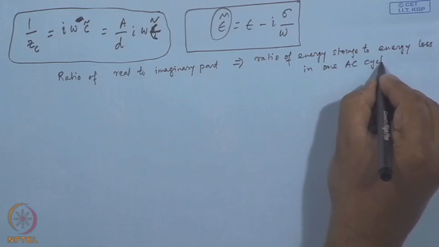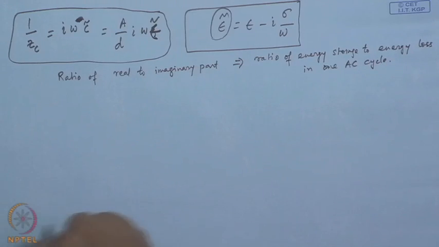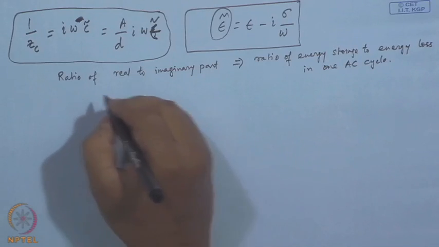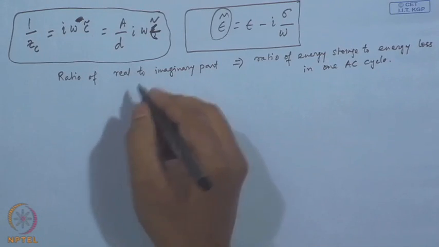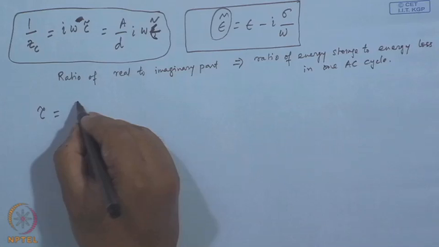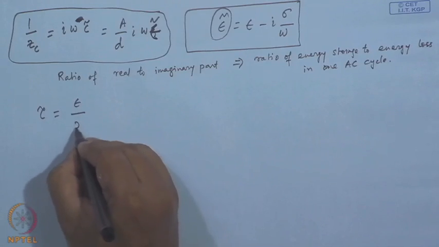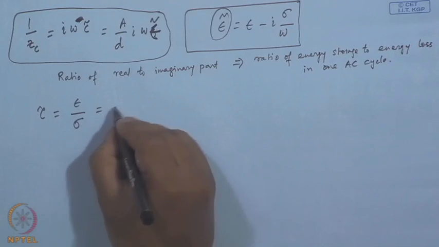So, that is how it goes. In that case, the tau would be defined as epsilon divided by sigma. This would be called charge relaxation time,